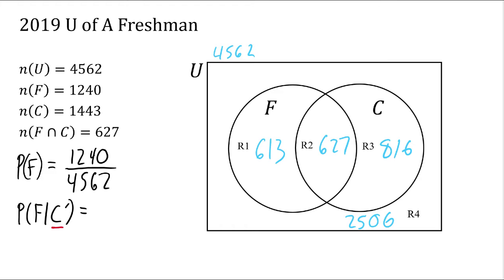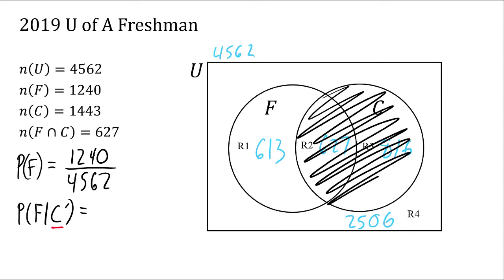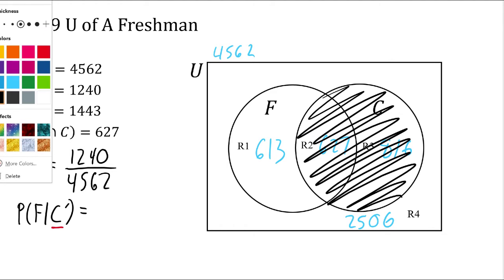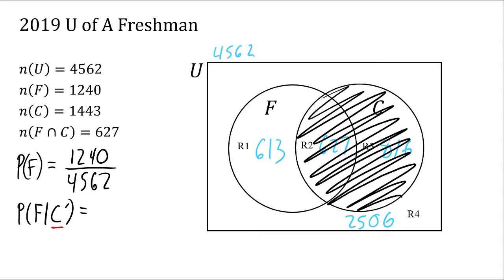So in this case, we're saying we know the student is not in English composition. So essentially, we don't care about anything that is in regions 2 or 3. So we're going to ignore those numbers. We are removing those students from our sample set. So we want to know the probability that a student is enrolled in finite, given that we only have these two numbers left, the region 1 number and the region 4 number. So the probability that a student is taking finite out of those two things, well, first of all, that denominator is going to be just the sum of those two numbers, 613 and 2,506. That's going to be